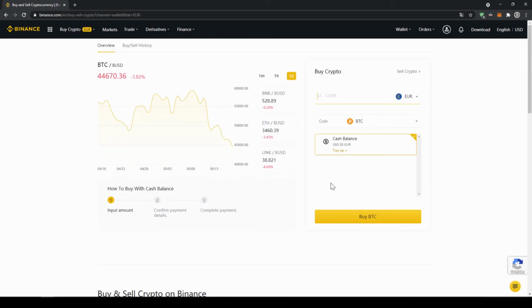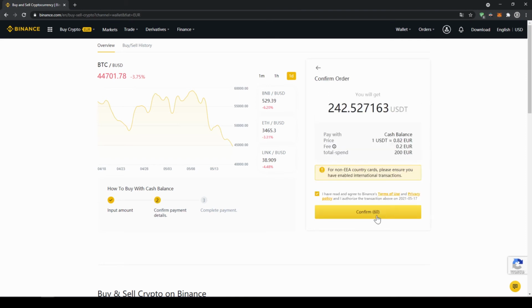Now we'll get to this page. Here on the right side, we can select the coin we want to buy. So I'm just going to click on it and type in USDT and click on US dollar Tether. Right here on top, we can select the currency that we have deposited. So choose whichever one you did and then type in the amount you want to transfer to US dollar Tether. So I'm just going to go for 200 euros and then click on buy USDT. Then I'll get to this confirmation page where I can see exactly how much US dollar Tether I'm getting. And then all I have to do is click on confirm,